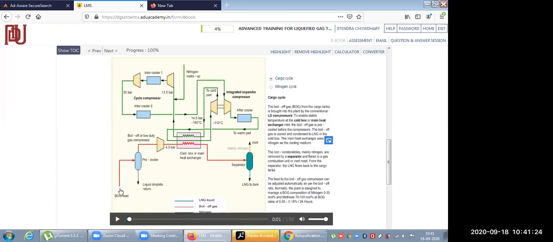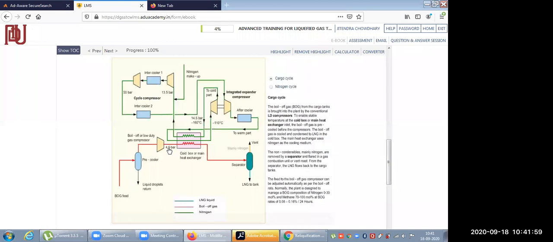So suppose here you have the tank, and the boil off from the tank is coming. The different thing about this type of compression is that we have a pre-cooler. Why do we need a pre-cooler? First, LNG is at a very low temperature, minus 163. Second, we need a stable temperature in the compressor. So this pre-cooler pre-cools the LNG vapors or boil off, and it goes to the compressor. It's showing here around 4.5 bars.